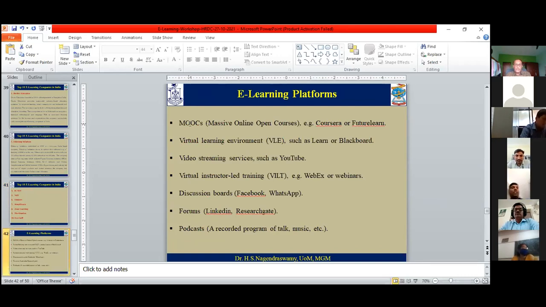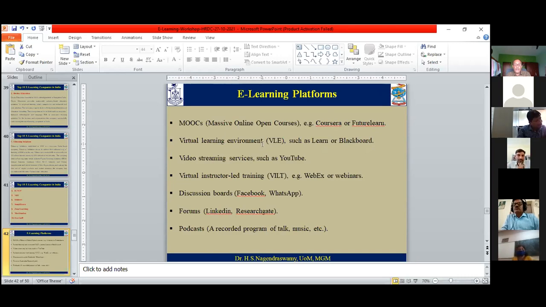So MOOCs stands for Massive Open Online Courses. This is one of the e-learning platforms where MOOCs are offered, such as Coursera or FutureLearn. So these are the platforms where MOOC courses are delivered. Another is the virtual learning environment, VLE, such as Learn or Blackboard. So here Coursera, FutureLearn, Learn and Blackboard are the platform names which support MOOC courses and